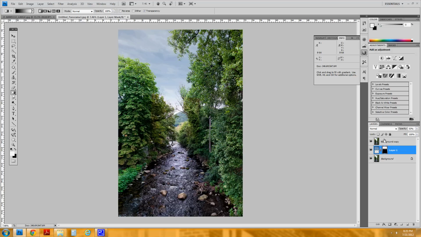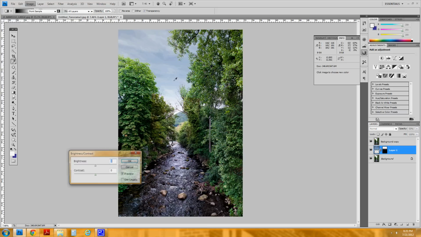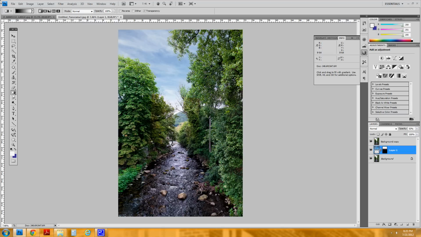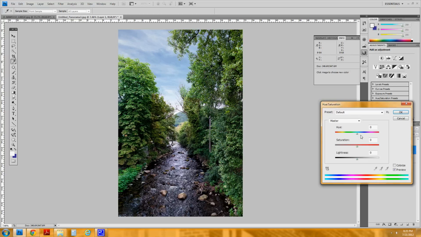The other thing is I would go to this sky image that we're sort of stealing and borrowing or whatever, and I would bump the contrast up on that so I can see the clouds a little better, like that. Now that's going to push more color into it, which I don't want, so I can go to adjustments, hue, saturation. I can turn the saturation down a little bit,